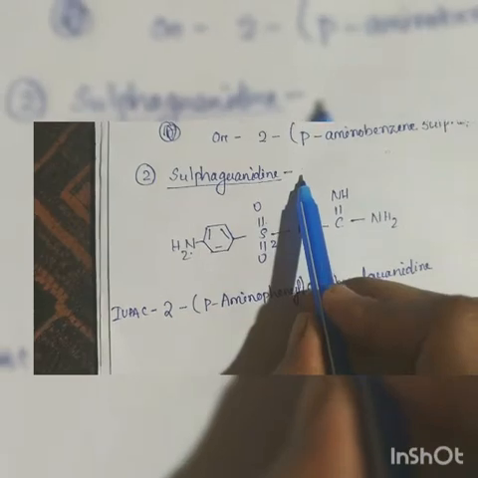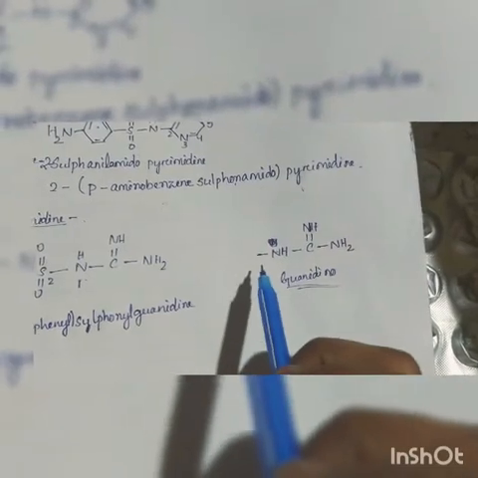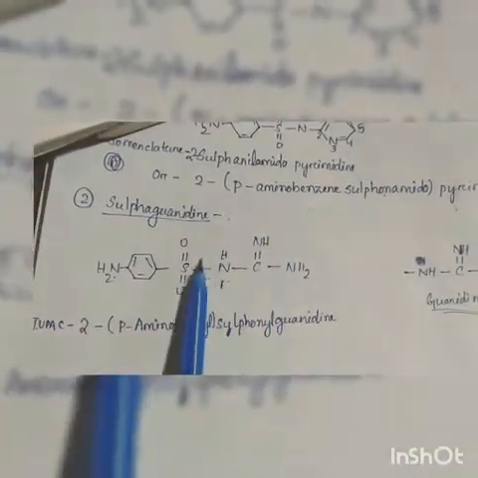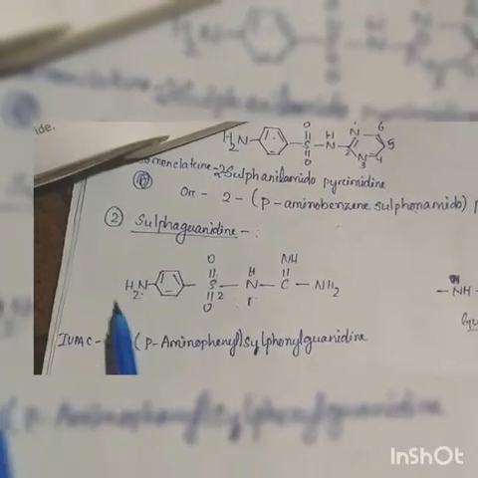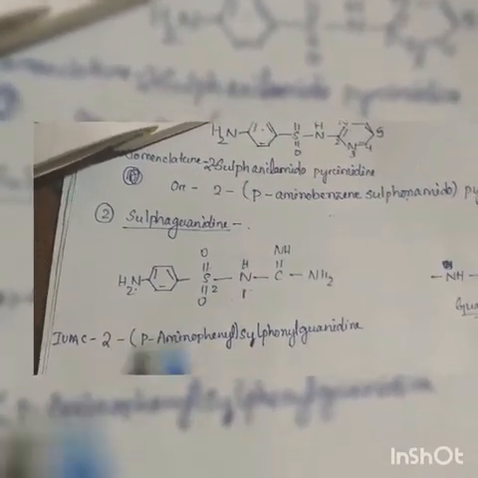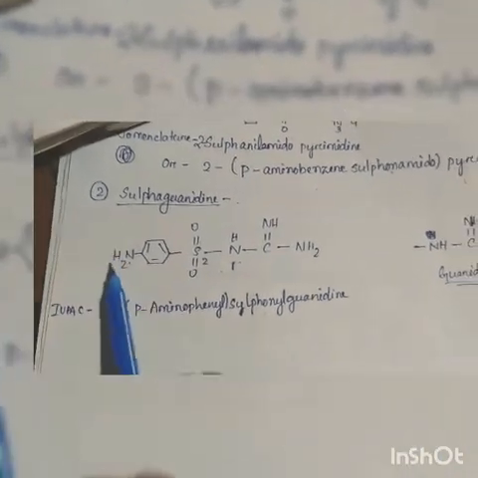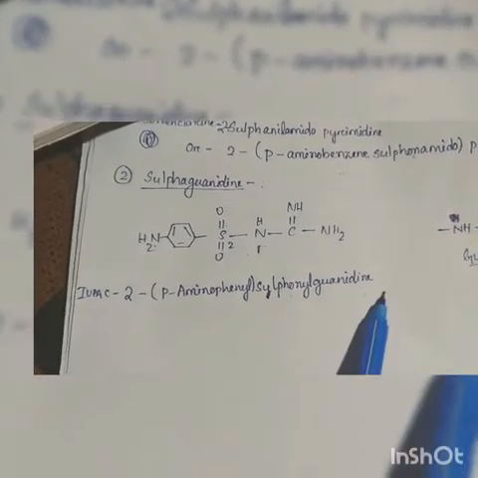Next one is your sulfaguanidine. Do you know this structure? See, NH, C double bond NH, single bond NH2. This functional group is called guanidino or guanidine. Then the guanidine with sulfonyl group, so we can number it as 1, 2. Then it is attached at 2. So 2 sulfonyl guanidine with para-aminophenyl. So 2 para-aminophenyl sulfonyl guanidine.